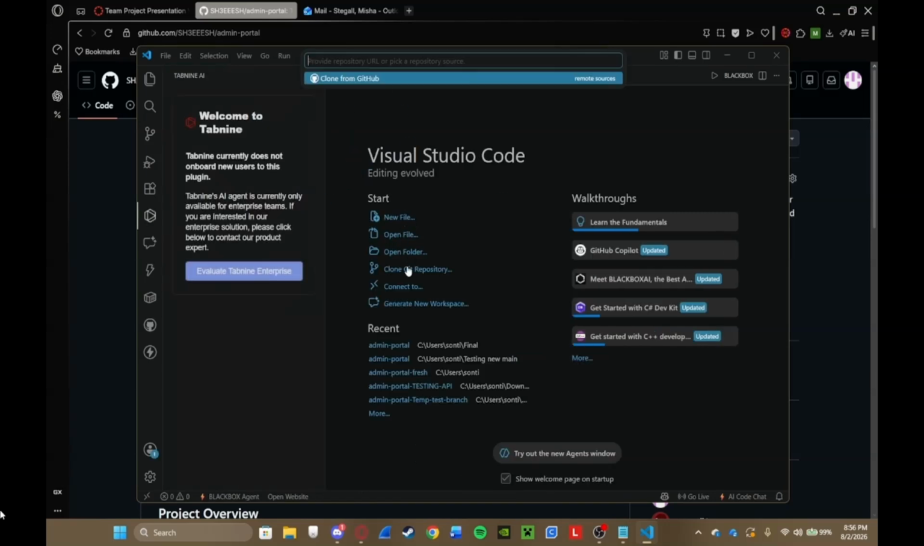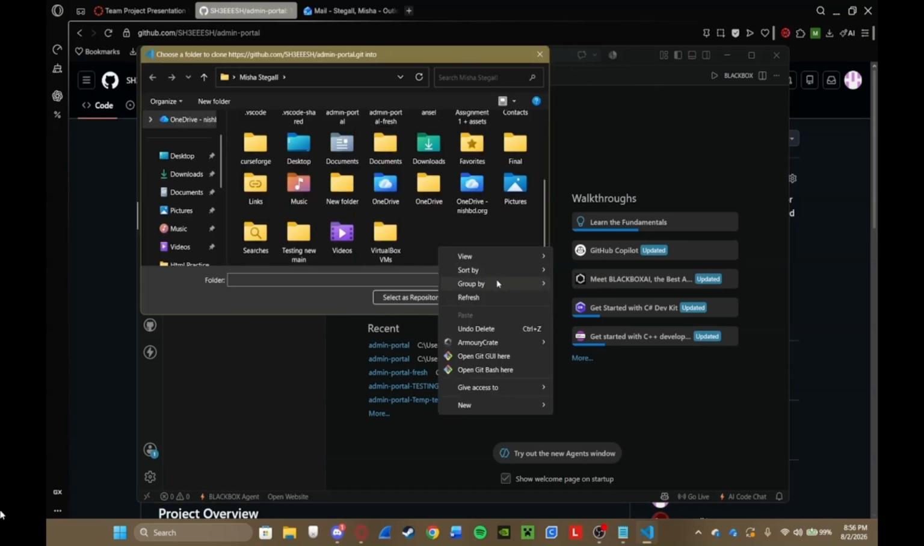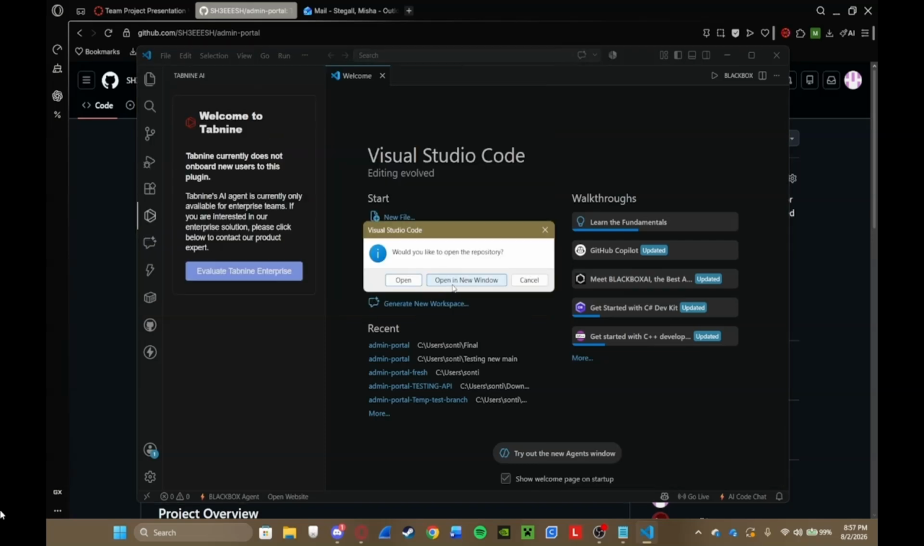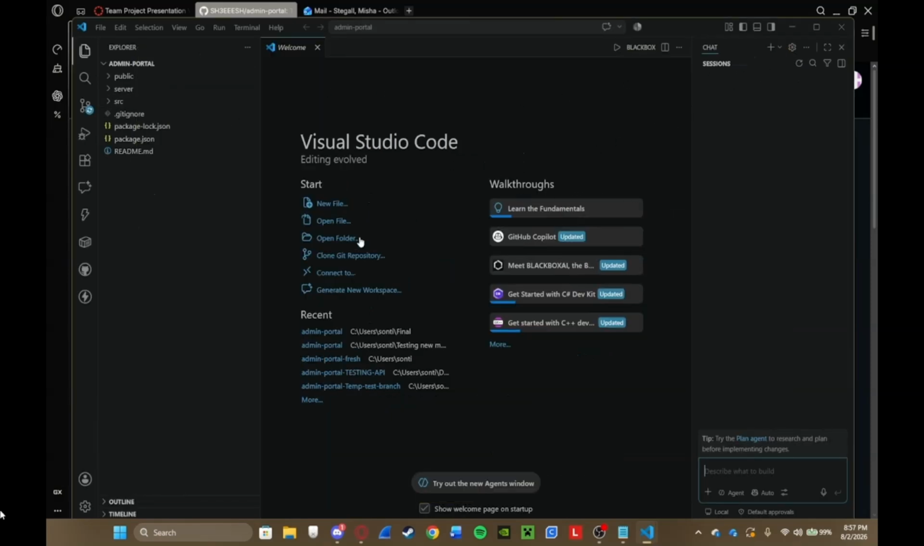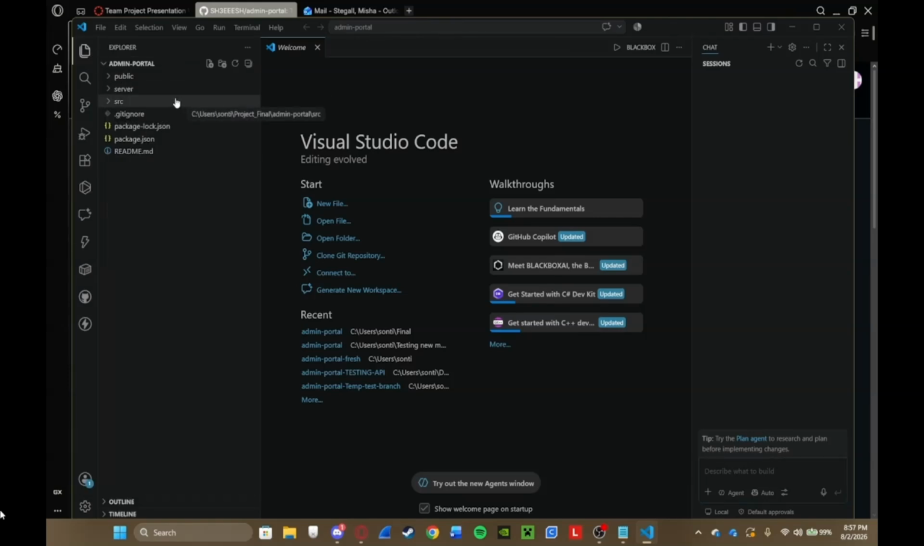From there, you'll paste your link, press enter, and since I have already cloned this a couple times, we'll just press clone again. We'll make a brand new folder, and we can just name it Project Final. You'll select the repository destination, and everything will load. I like to open a new window, keep it clean. Cool. Now that we're here, we have a couple things that we want to do before we just npm start